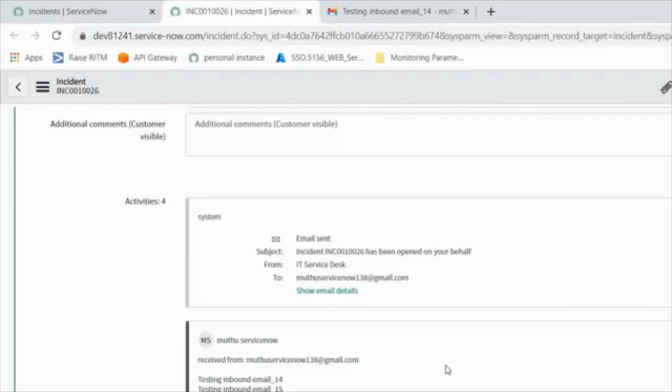I want to use that RTC tool's functionalities in my ServiceNow instance. Instead of building custom notifications or custom configuration, I can use their functionality.